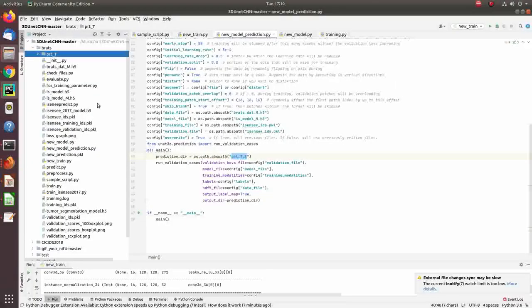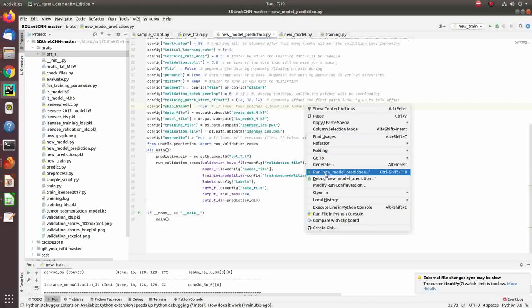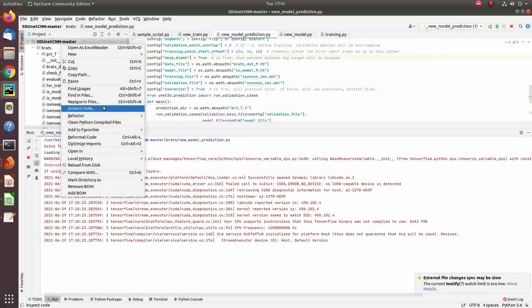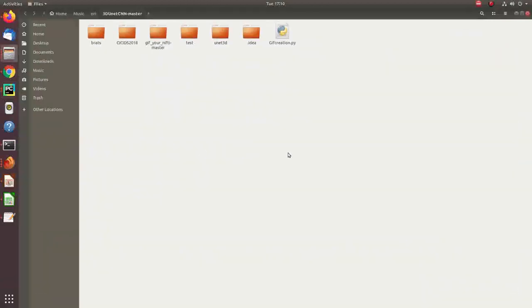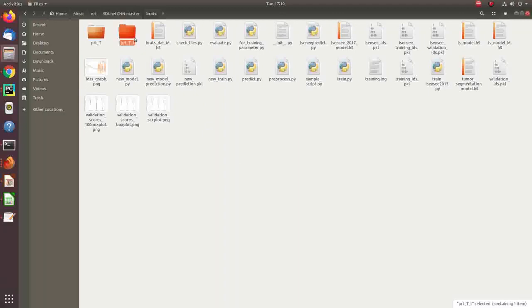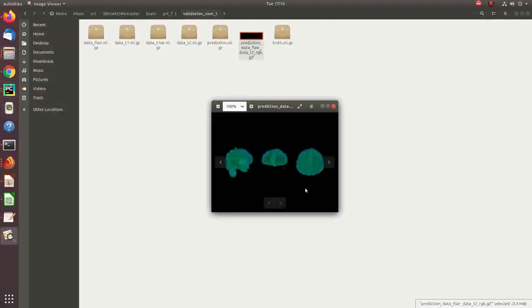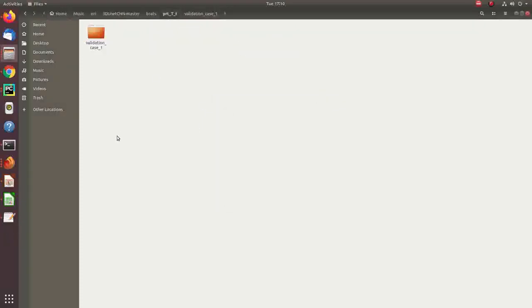So let's run the prediction. It takes a couple of minutes and the folder will automatically keep collecting the images on the prediction end. So let me go directly to the folder. The entire implementation is done in TensorFlow version 1.15. So first validation actually comes up. You can see here it's generating a GIF, and in the GIF you can do easy visualization of where the tumor is present. So it keeps generating the validation output.